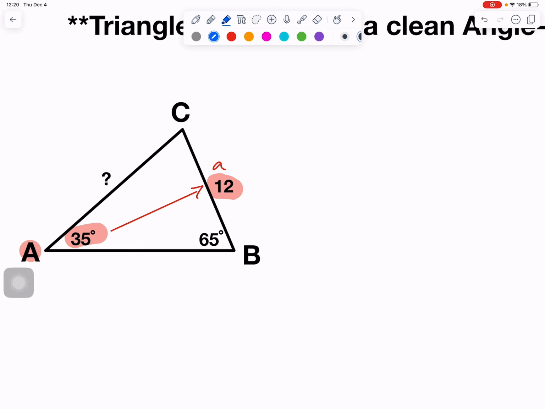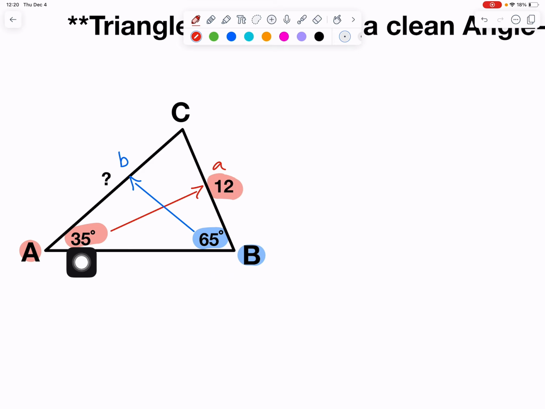And then we will go ahead and highlight B in blue. And opposite angle B is, wonderful work, side b. That way you can build that comfortability. And then opposite angle C would be side c. But let's go ahead and begin. Our formula is going to tell us to do